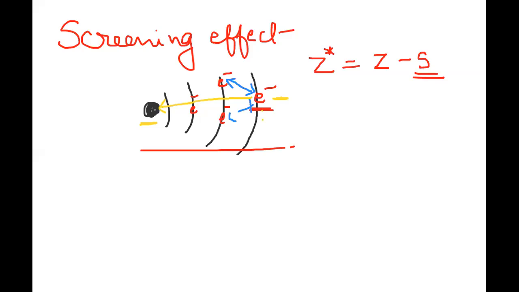There is another term that you will learn, the poor screening effect. You may come across this term also. But first, what is the screening effect and what is its effect? If the electron is experiencing less pull from the nucleus because of the electrons in the middle, obviously the amount of energy required to pull out the most loosely bound electron becomes less, and the ionization potential values will become less.